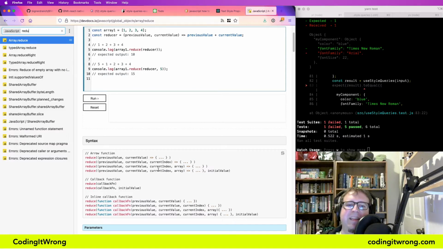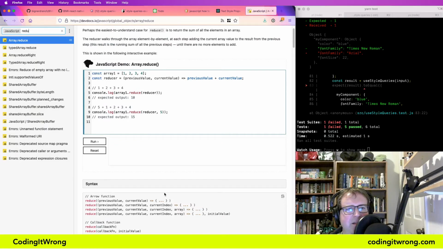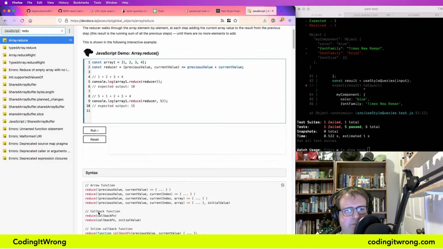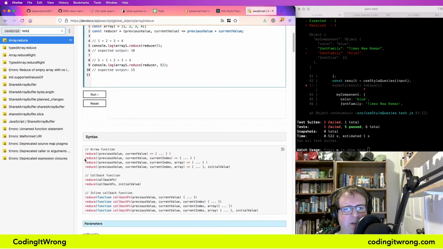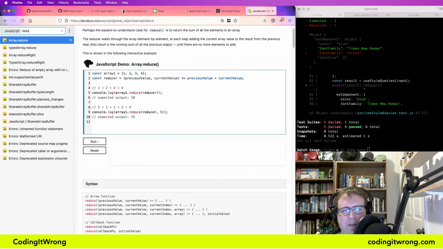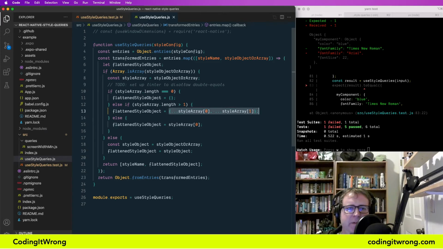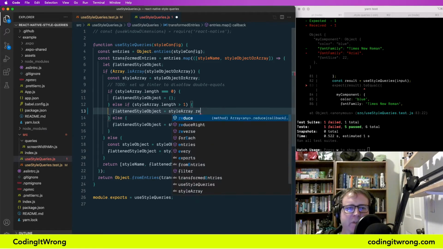I do look up the signatures only, which makes me think that maybe I should be using TypeScript. Maybe that would be helpful. Reduce: previous value, current value. Is that array.reduce? Oh, this is an interesting way to write this out, as though it was a standalone function instead of called on the array. So let's say here, style array.reduce,